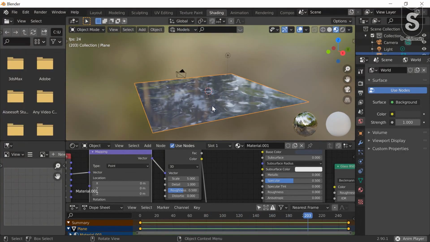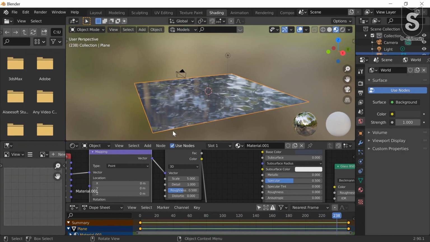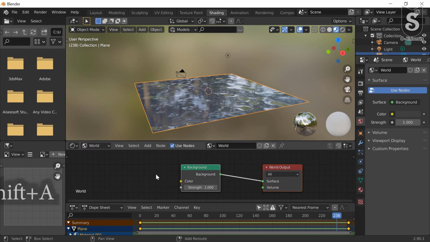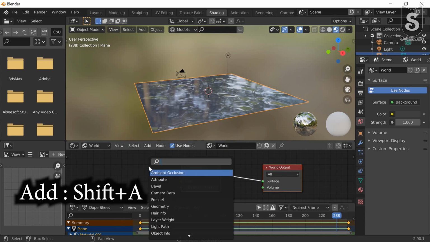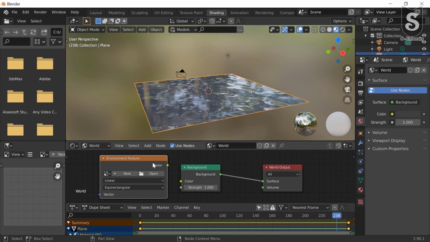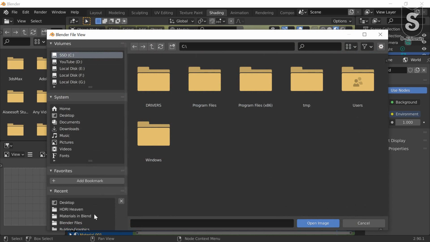To light the scene, we will use HDRI lighting. For this, go to world setting, press Shift A, insert environment texture, connect color to background, open HDRI folder.